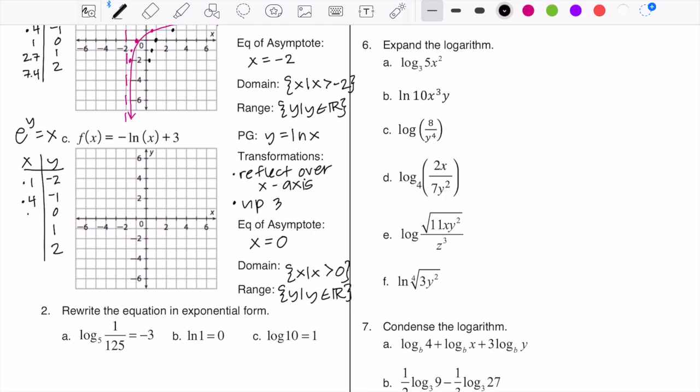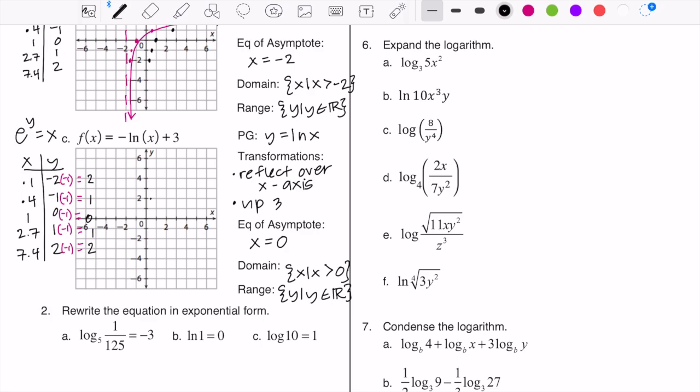Again, you've got to have those e to the x values memorized, which are the parent points for the natural number e. Then what I have to do is take care of that reflection. We've been taking care of reflections and either stretches or compressions in the table because it just makes our life easier, and then we do shifts in the actual graph. So this is going to be 2, 1, 0, 1, 2. I'm going to plot those, and then the last thing I have to do is move those all up